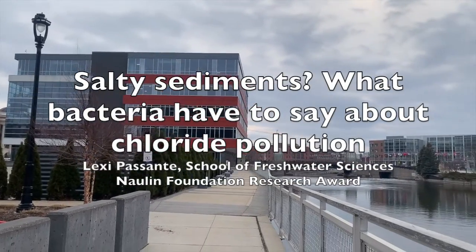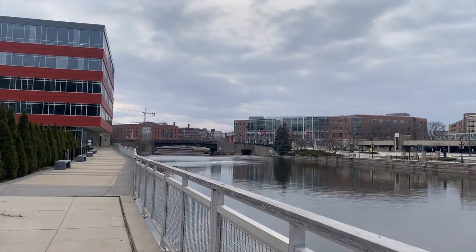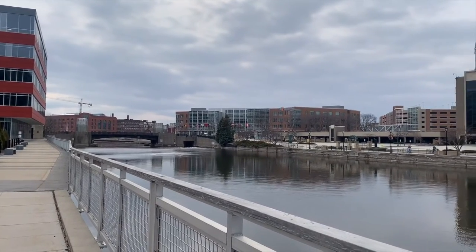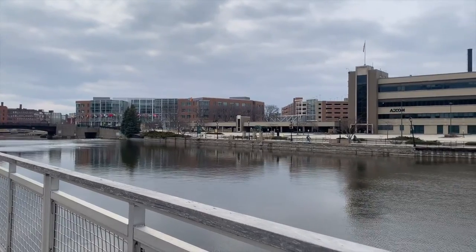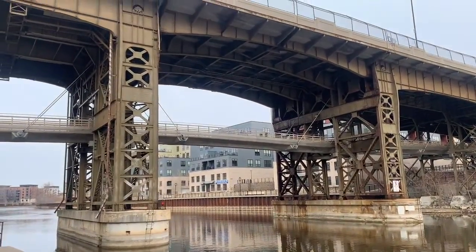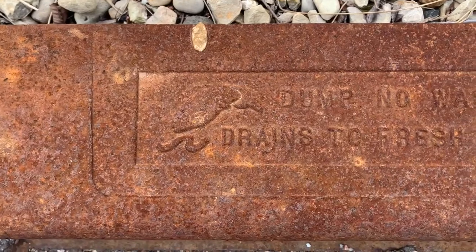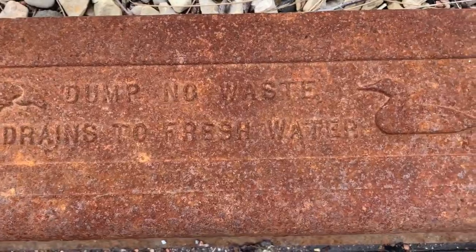Chloride pollution is a major concern in freshwater ecosystems because it raises the salinity of the water, where many organisms cannot handle these changes and can be highly toxic in large amounts. Once chloride is in the water, we do not have any successful way to remove it once it's in the environment. Chloride, like road salts, enters our streams and rivers through stormwater drains you may have seen on the side